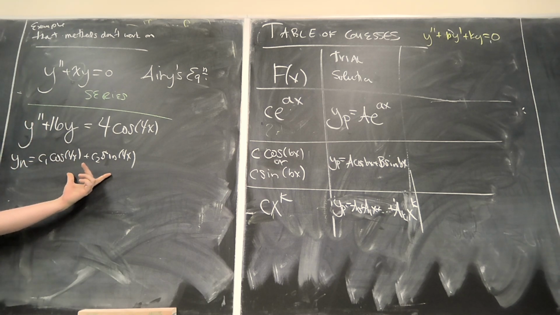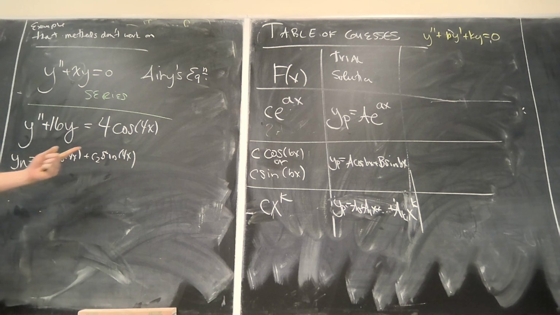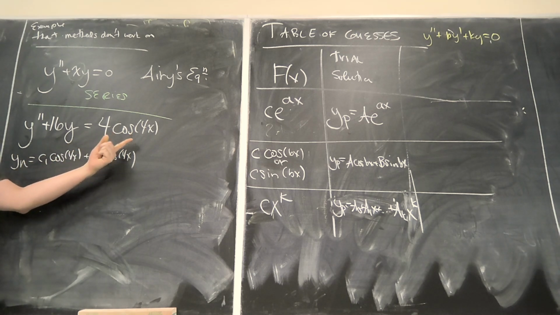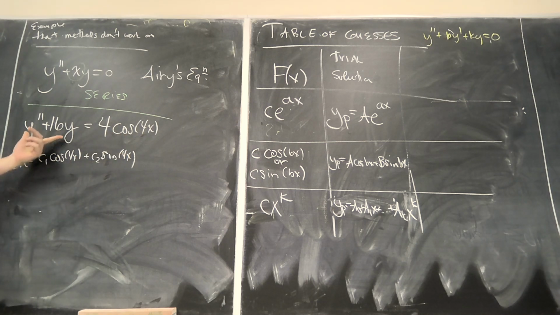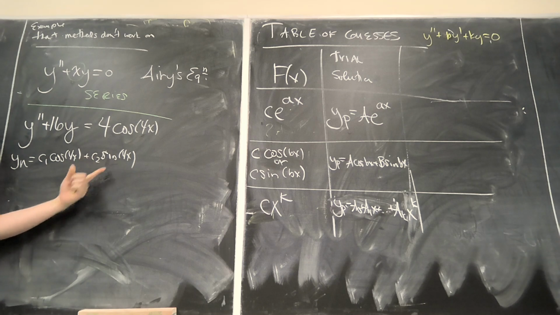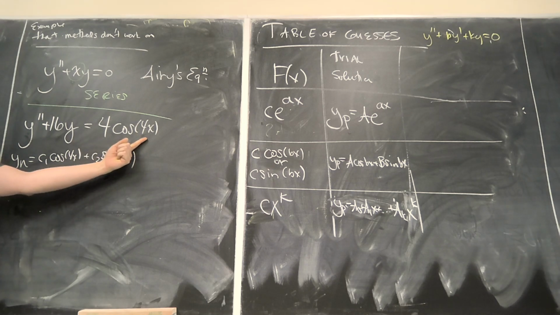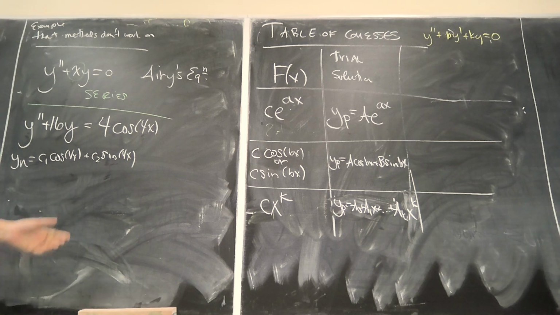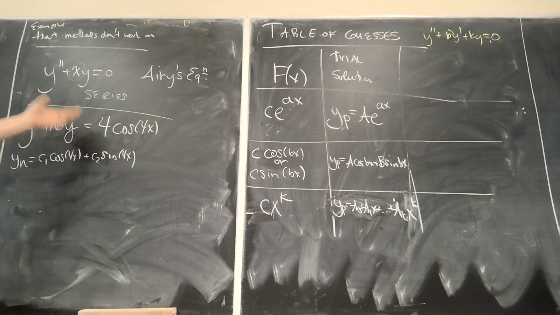2 pi over b, right? 2 pi over 4. So pi over 2. But we're driving the system with a forcing function that has the same frequency. So we have a spring that wants to oscillate with this frequency, but we're applying an external force with the same frequency. Now, a scenario that you may have encountered recently or sometime in your past is like pushing